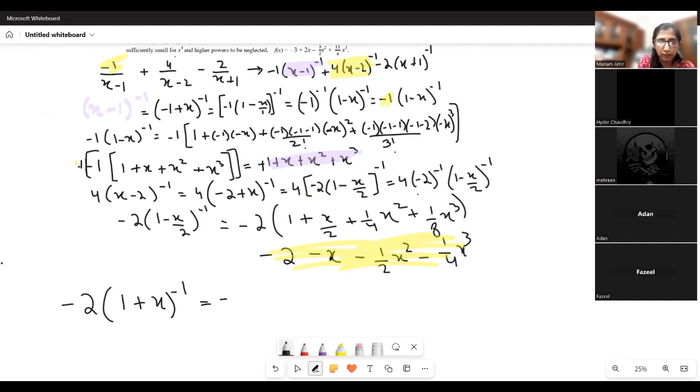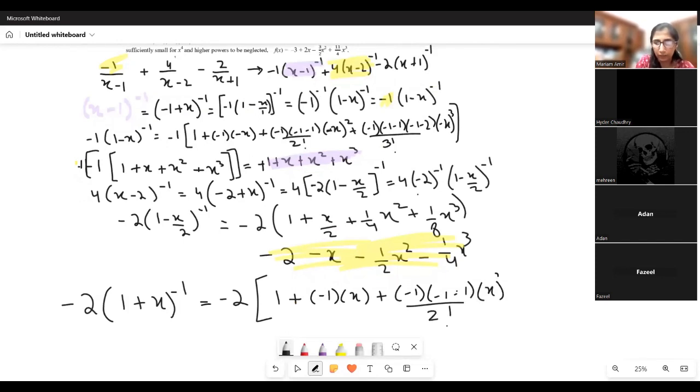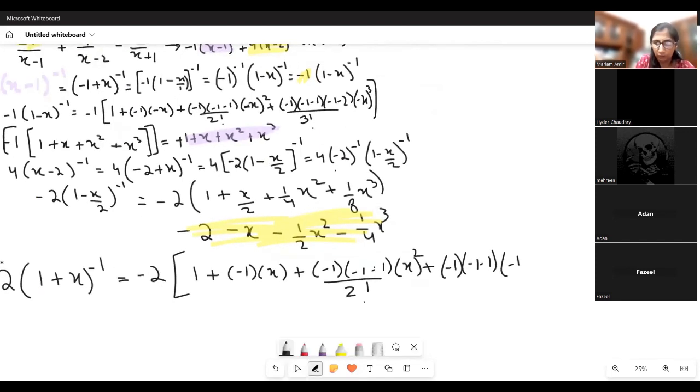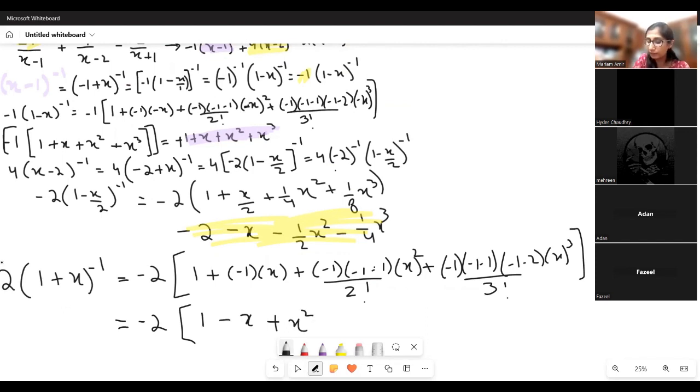So that is going to be minus 2 times 1 plus n x plus n minus 1 over 2 factorial times x square plus minus 1 times minus 1 minus 1 minus 2 upon 3 factorial times x cubed, which gives us minus 2 times 1 minus x plus x square and minus x cubed,